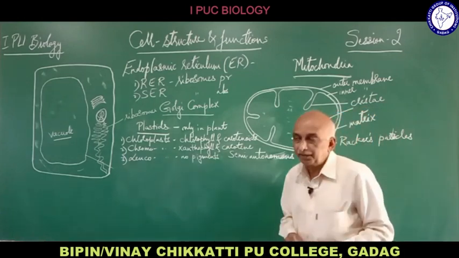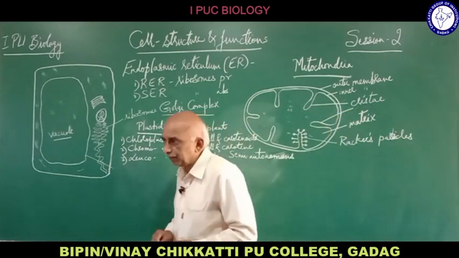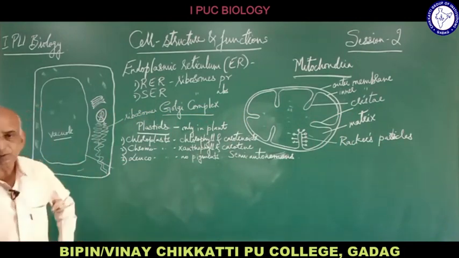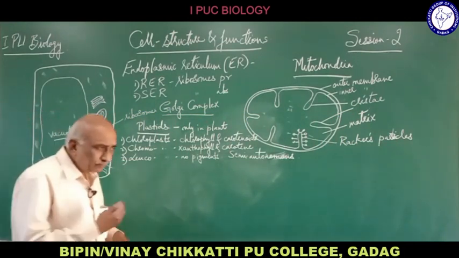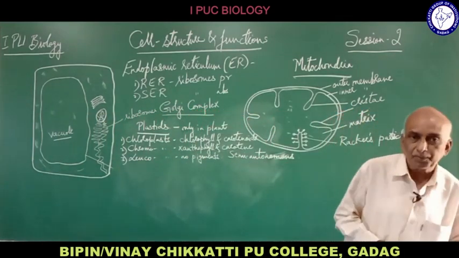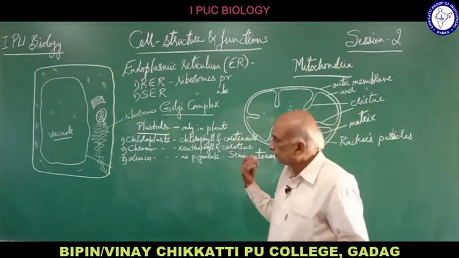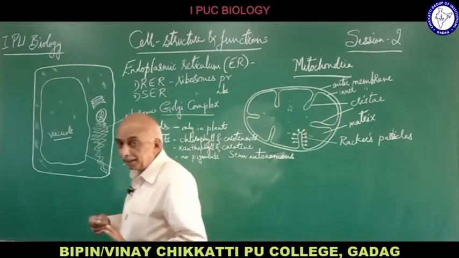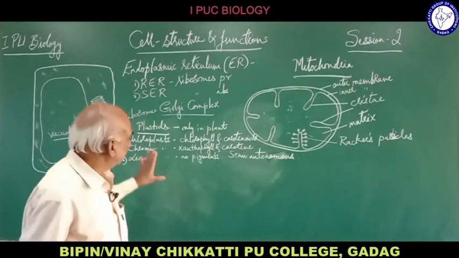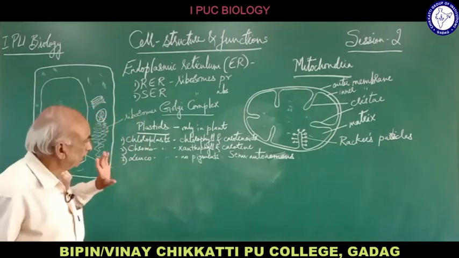The cells of the leaf contain chloroplasts, chlorophyll. In other leaves, sometimes when we see yellow, brown or reddish leaves, they contain chromoplasts with various types of pigments. In roots we don't find any pigments, so there are leucoplasts. So these are the three types of plastids which we can come across.